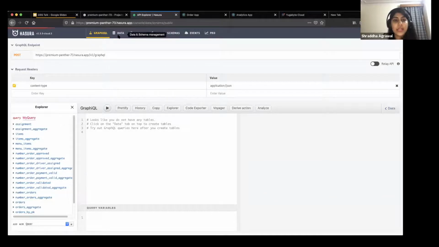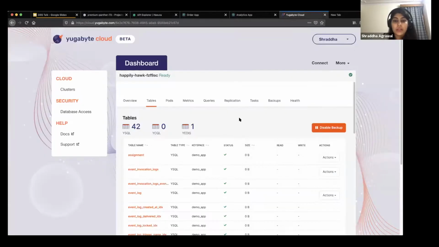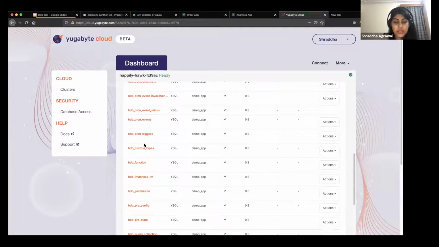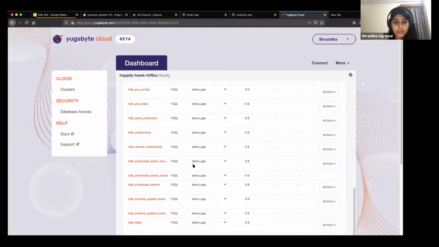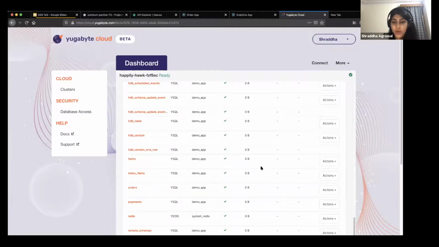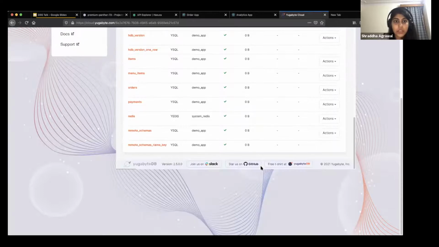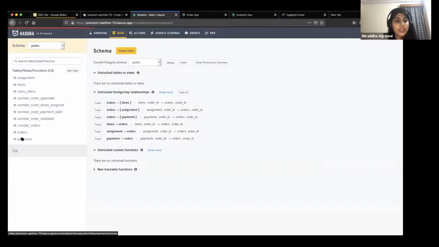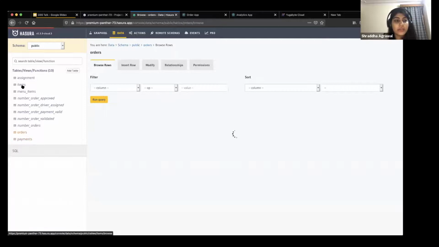So for the data, as you can see, these are all Hasura related tables that are created. What I inserted were these tables called items, menu items. It's a schema related to a food ordering app. As you can see, I have all of that here now.